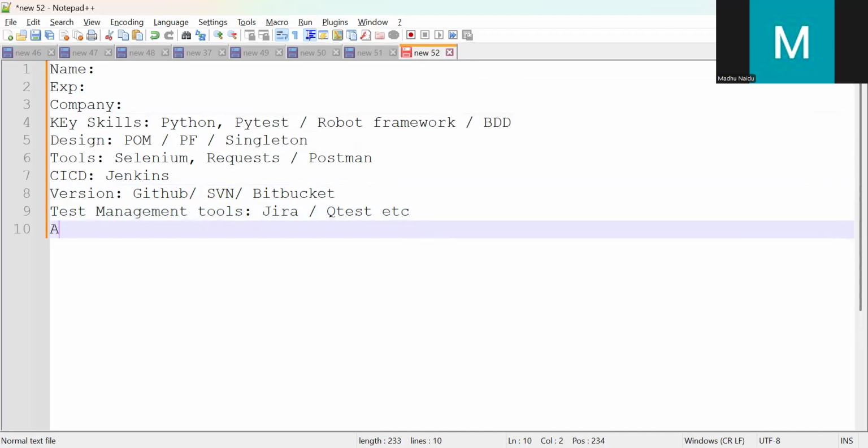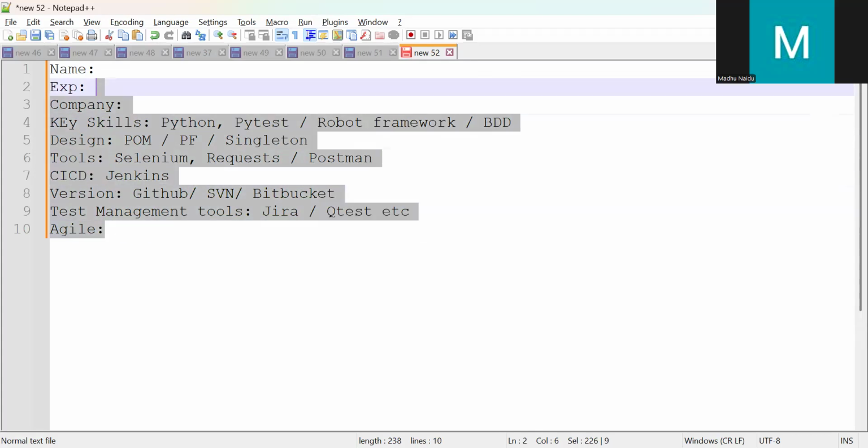And methodology, we can say agile methodology. Most of the companies follow agile methodology. Okay. We can specify agile methodology. Okay. So these are the key things we have to explain